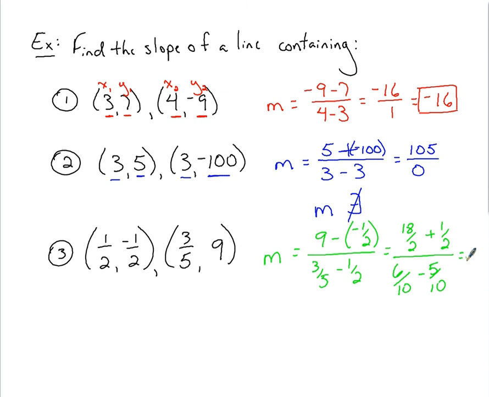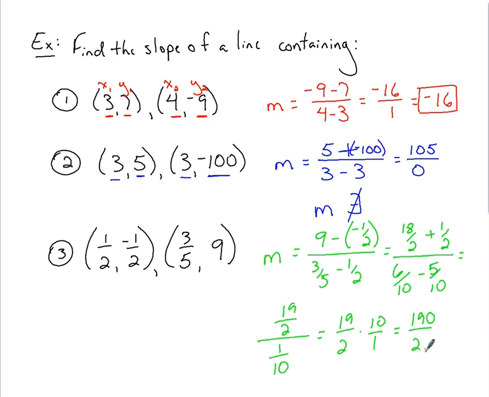Compute out a little further here. If I add these together on top, I'm going to have 19/2. On the bottom, as I subtract that, that's going to be 1/10. And then the rule is, as I divide these fractions, I take my numerator and multiply by the reciprocal of my denominator, and I get 190 over 2,